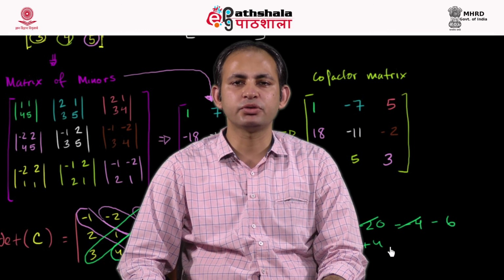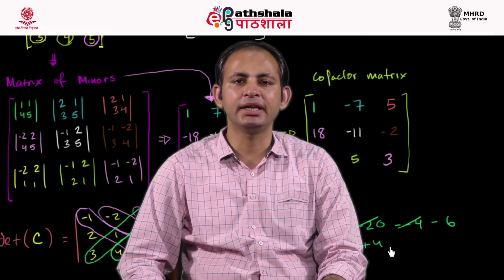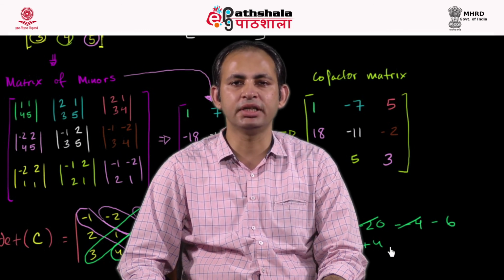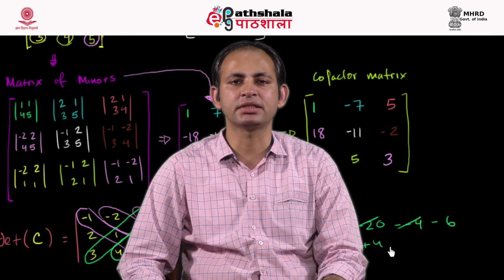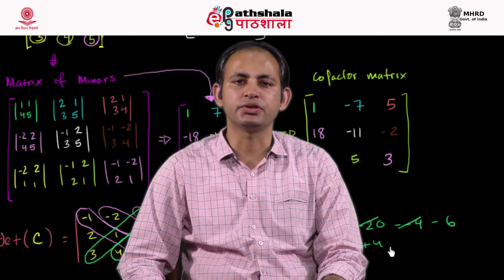So using Cramer's rule, we can show that a given system has a unique solution, infinitely many solutions, or no solution. Before discussing the method, we discussed what linear systems of equations are, and what homogeneous and non-homogeneous linear systems of equations are. Then we explained the algorithm for showing when a system will have a unique solution, when a system will have no solution, or when a system will have infinitely many solutions.